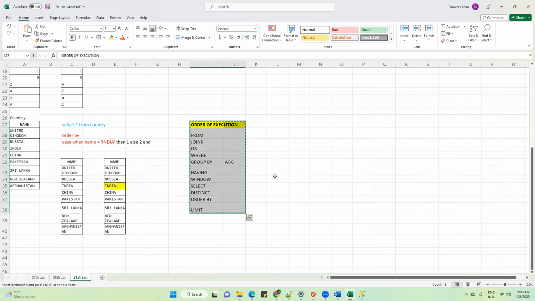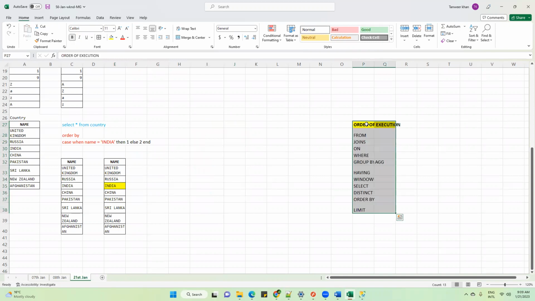One question: when do we need to write the column name? Suppose I have India in two columns, name as well as surname. No, you have to give the column name here. That's why I've written here when name. I'm telling the SQL engine to focus on the name column, not any other column. What if I wanted to add two conditions?